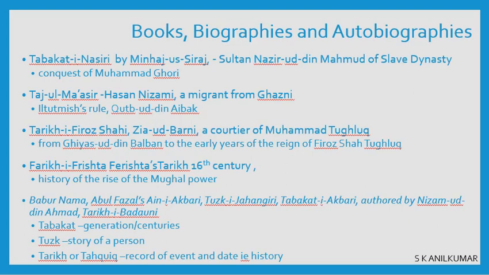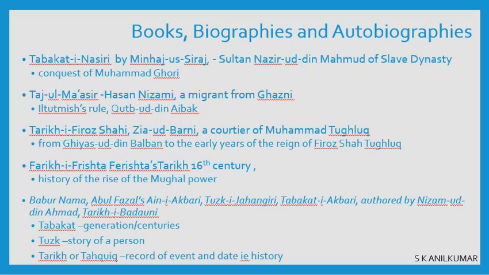Then we have Tarikh-i-Firishta, which we got from the 16th century. It talks about the Mughal power. What is Mughal power? Mughal power is after Babur came to power. Then we have the Babur Nama, which is the story of Babur. Then the Ain-i-Akbari, written by Abul Fazl. Because it was written for Akbar, we will not be able to take it fully, but still it is closer to the truth. Then we have Tuzuk-i-Jahangiri written by Jahangir, and then Tabaqat-i-Akbari. All these books we have.